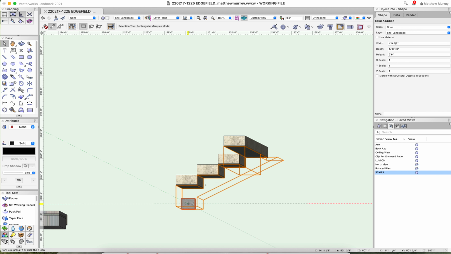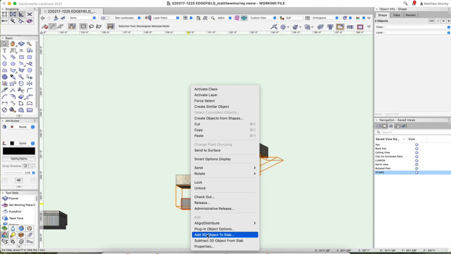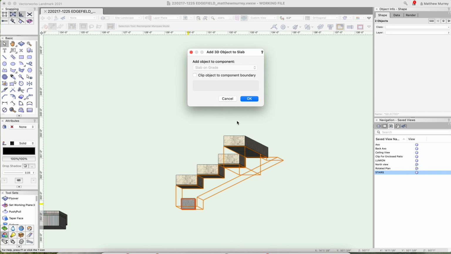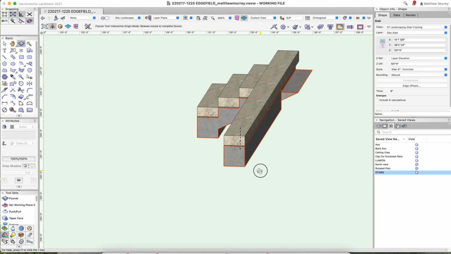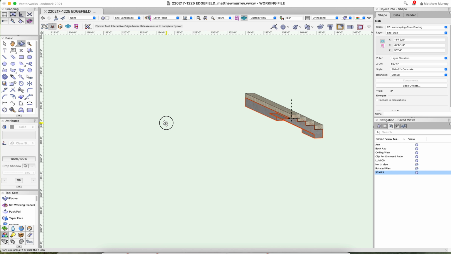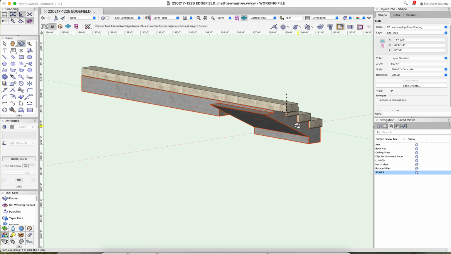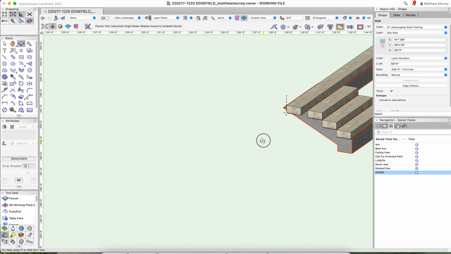And then we're going to add those to this slab. So add 3D objects to slab. Hit OK. And now you have a footing for this here. Now, this little piece actually goes over the top of a wall, so we're not going to worry about that because that will be part of our wall structure. So there you go. Now we can go back to our